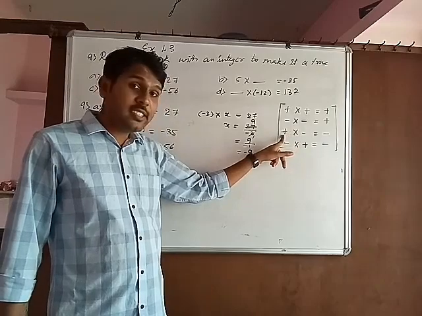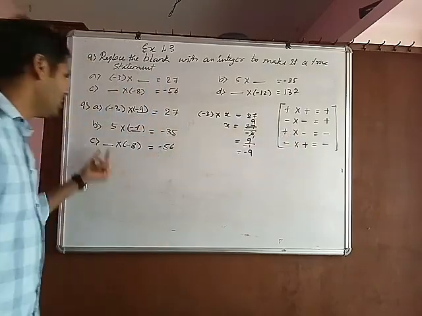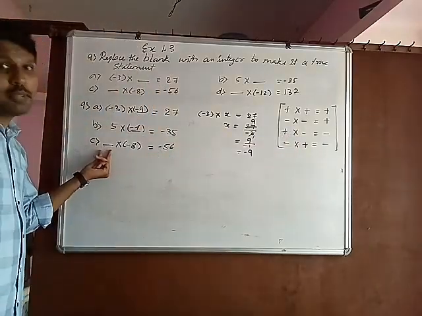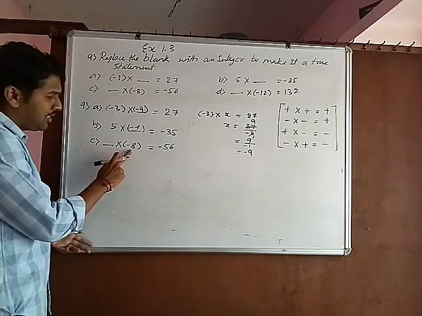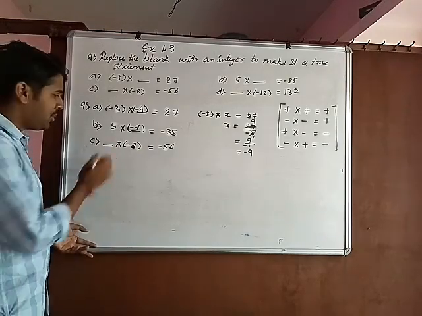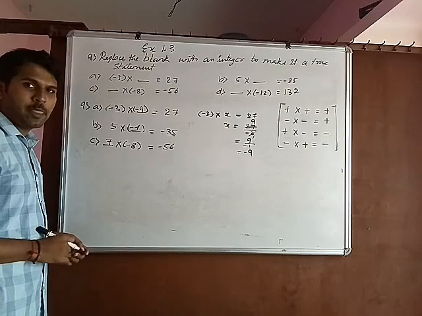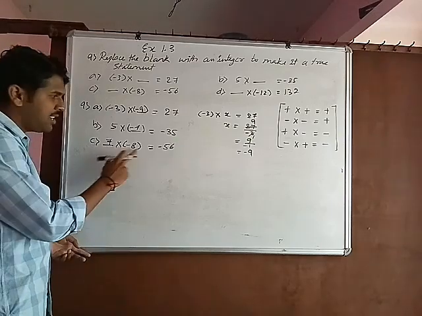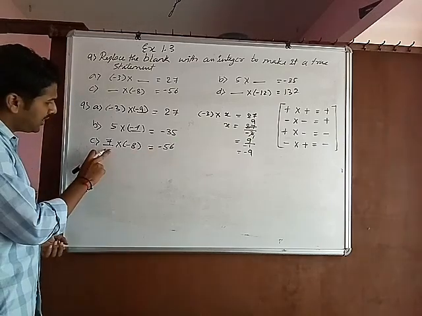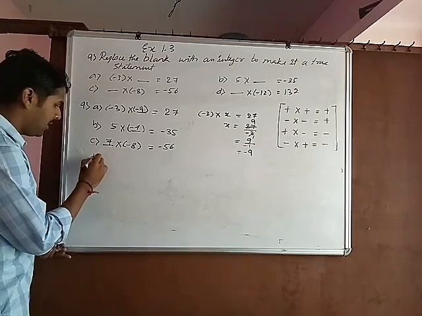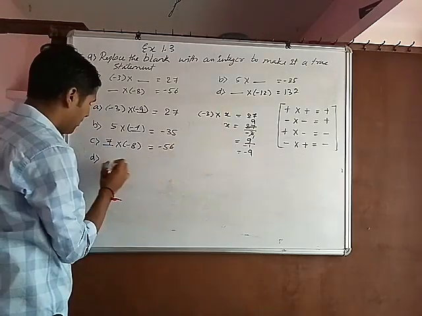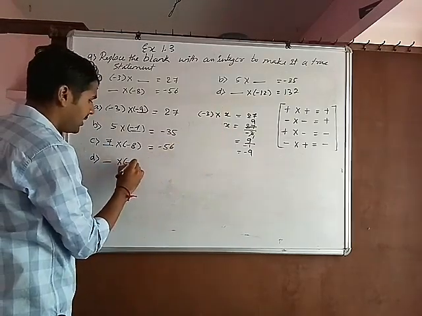That means first integer sign must be plus. So result must be in a plus sign. So what is that? 8 table, 56 is there, no. 8 sevens are 56 or 7 eights are 56. The result is 7. And last one is blank into minus 12